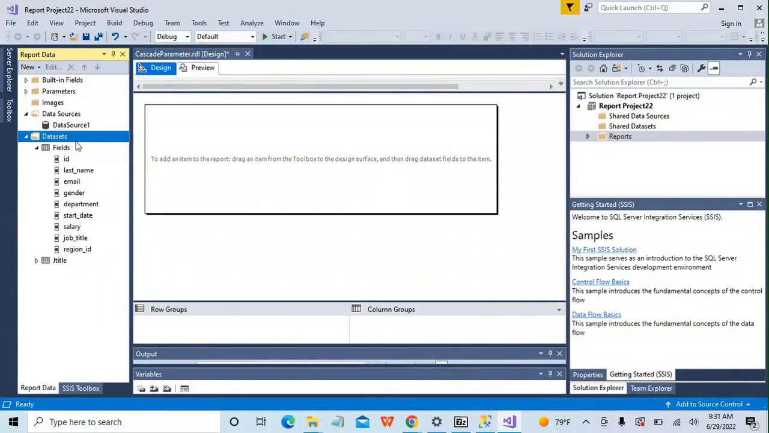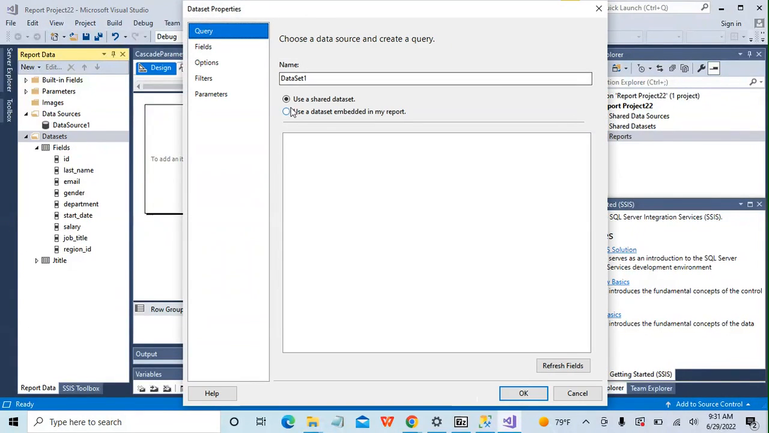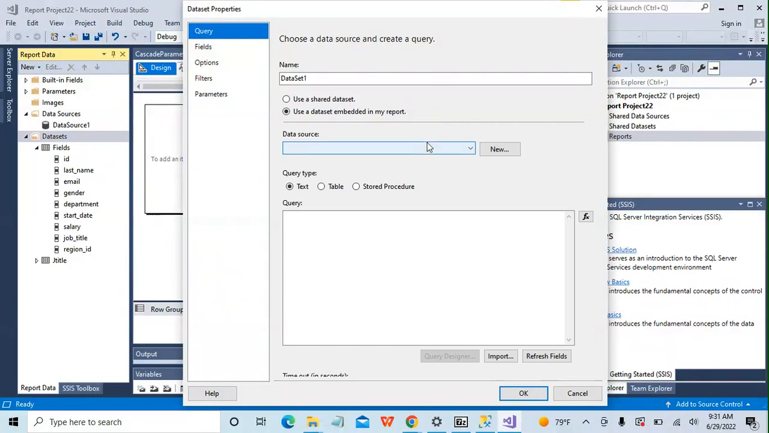Let's add another data set. This one's going to be for our department, embedded. We're going to use data source one, AdventureWorks 2012, and we're going to name this one DPT, department. All right, select distinct department from dbo.staff,